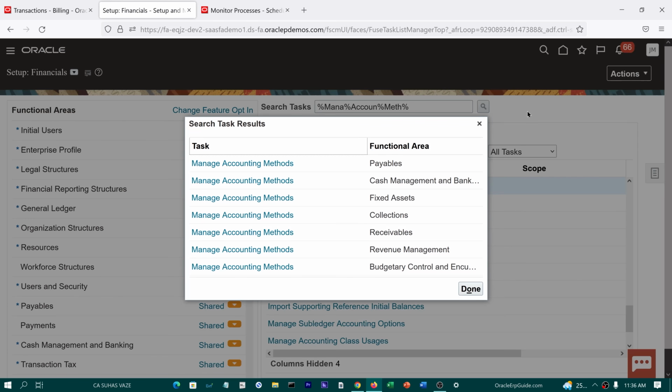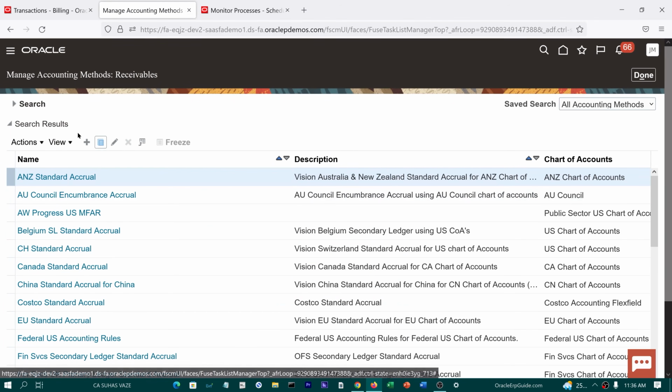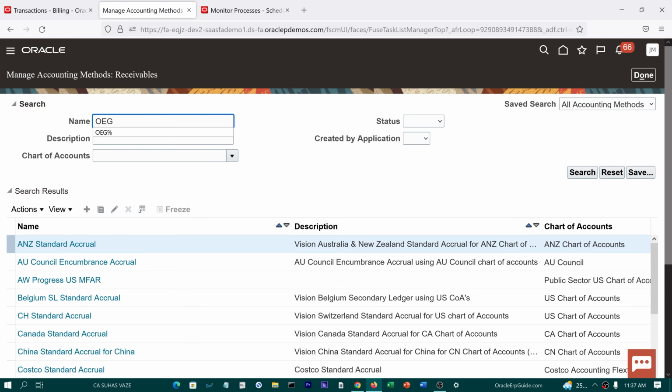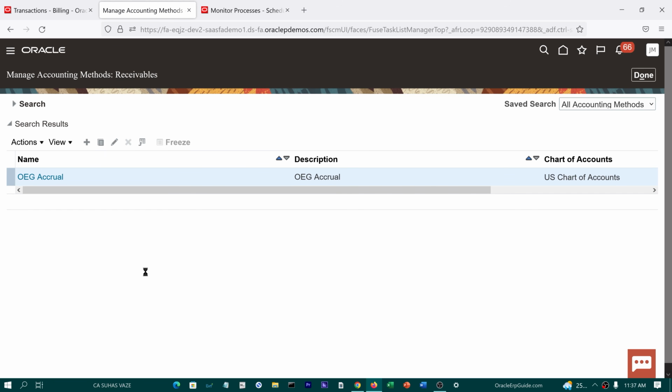Search for it and choose for receivables. Our custom method that we earlier defined is OEG accrual. Edit the same